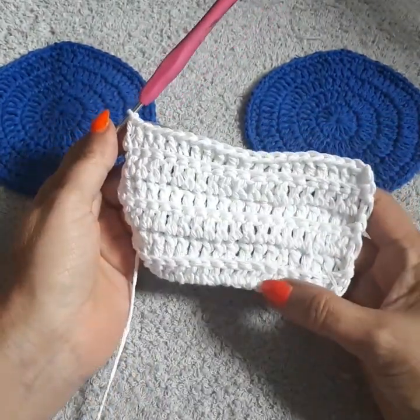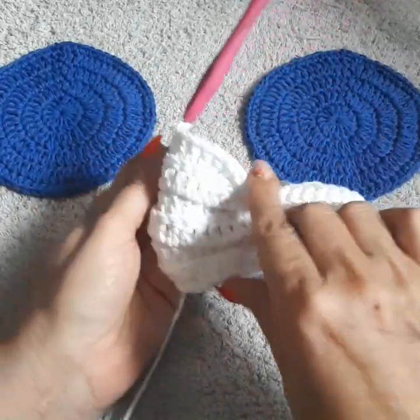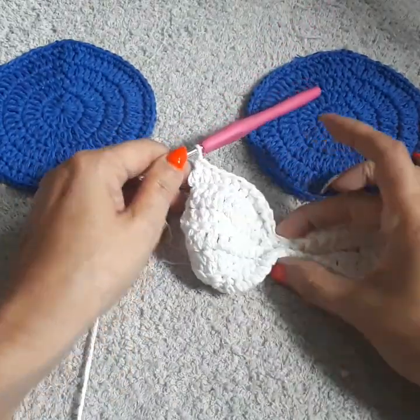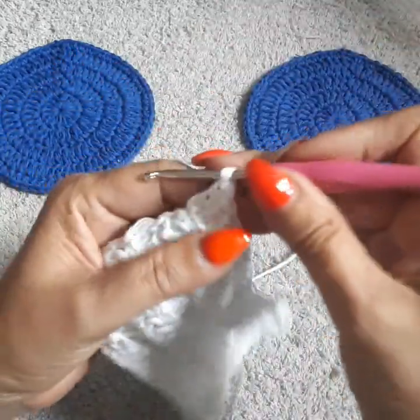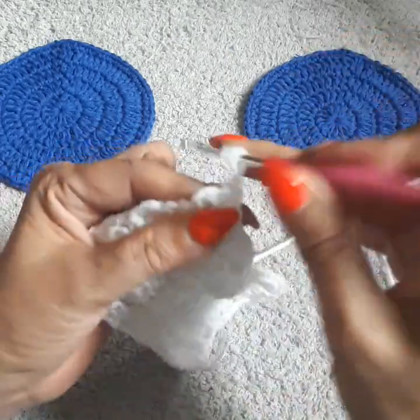Okay, so I ended up doing 6 rows because 5 rows was too thin. So I did my 6, and of course because this thread's a little bit thinner than the pink one, it works out just perfect. Now coming here to the end, depending upon how big you want your rows, I'm doing 1 chain, I'm coming in